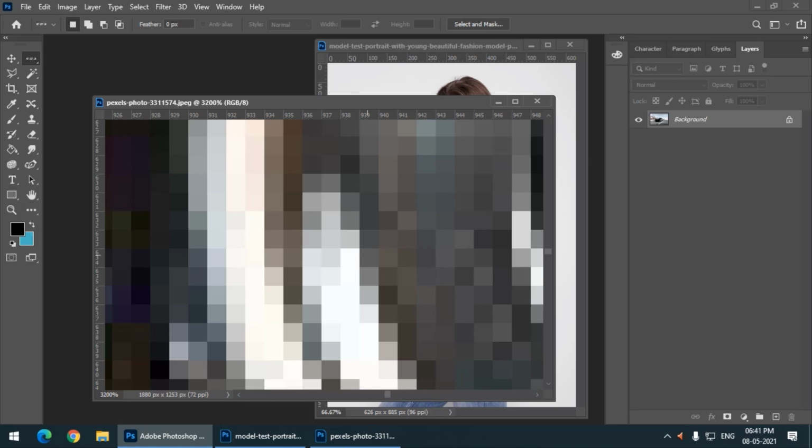Basically, the smallest element of any image or video is called a pixel; any image or video is made up of pixels. Just as the smallest element of a human body is the cell, the smallest element of any image or video is the pixel.